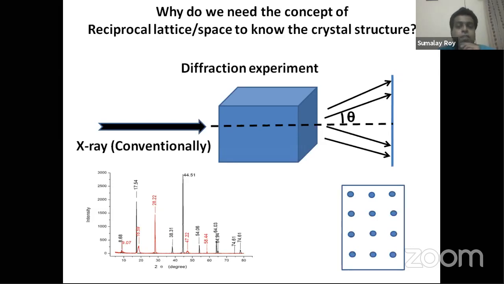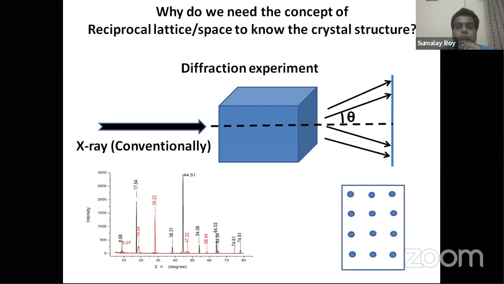Now, the lattice constant and the interatomic spacing in any solid are of the order of a few angstroms, as you know. We have seen that for sodium chloride, the lattice constant is 5.6 angstrom, and the nearest neighbor spacing is about 2.82 angstrom. So these are of the order of angstroms. So we need an electromagnetic wave for diffraction which has a wavelength of about 1 angstrom or so.